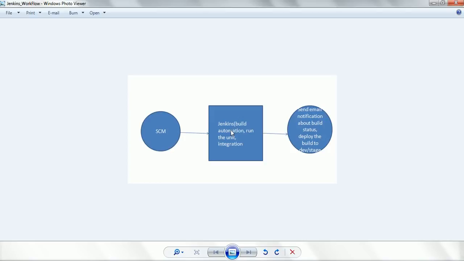it can provide you a sequence of steps to configure, so that it is going to monitor and tell you the status of each step you configure there. That means first you are going to build the application, then you try to run the unit test cases, and then you are going to run the integration test cases. All these things you can specify sequentially in Jenkins. Then whenever Jenkins tries to run this